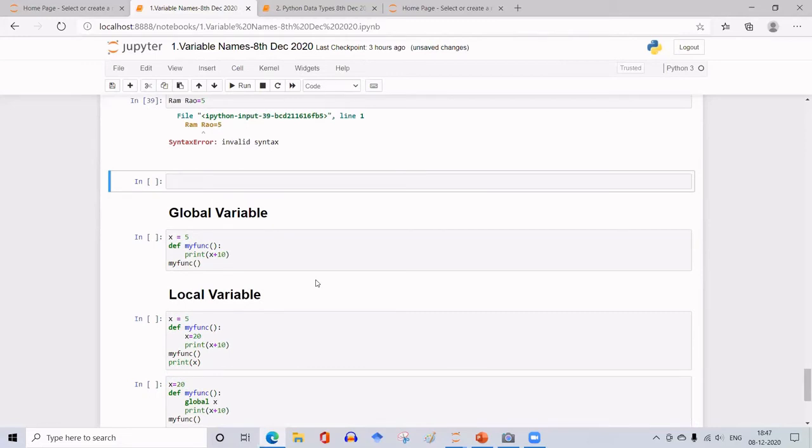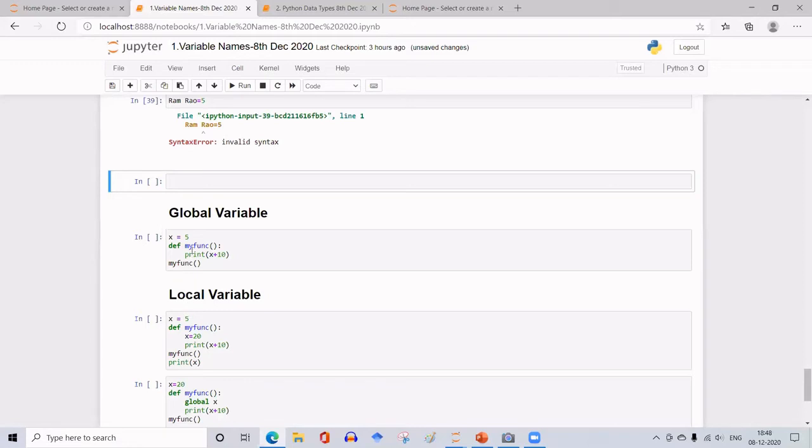Now let us take what is a global variable. In Python, we can generate our own functions by defining the function, and after defining the function, you give the code for what that function has to do.